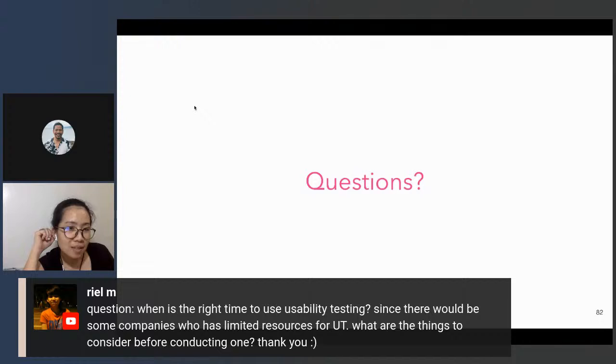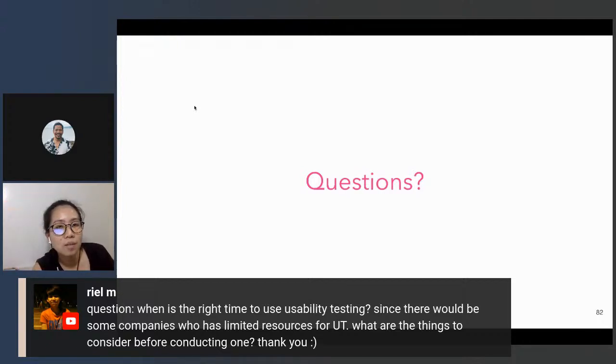The earlier the better. If you are already in the wireframe stage, that's okay. You can just draw boxes, because I think people are visual. If that's going to be a mobile app, just create a rectangle and put the boxes there.